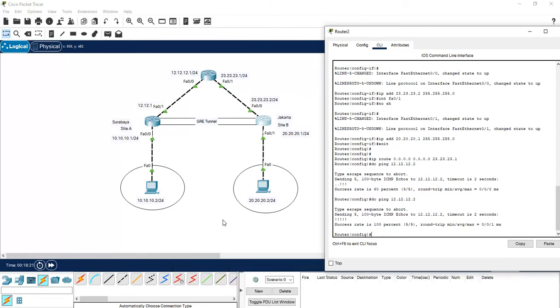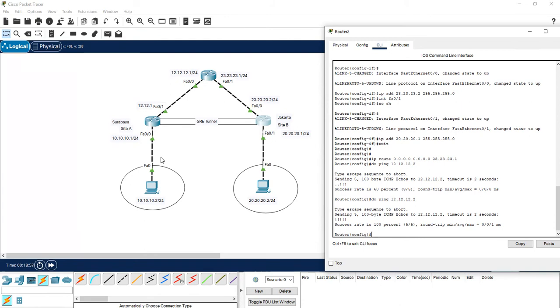Now we want to make a private network between site A and site B. We want to pass the packets through this VPN. The VPN has an IP address, so we should make a GRE tunnel and assign the IP addresses.